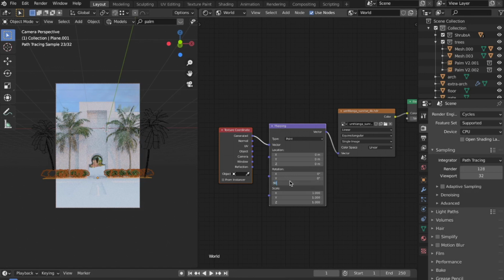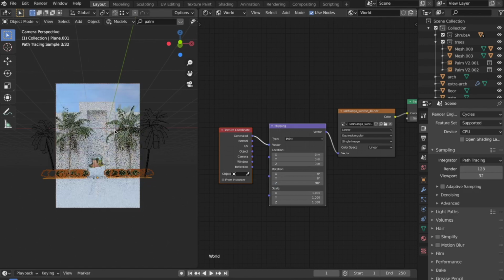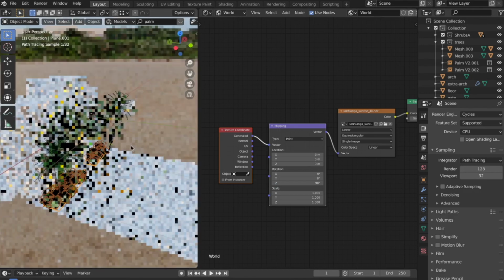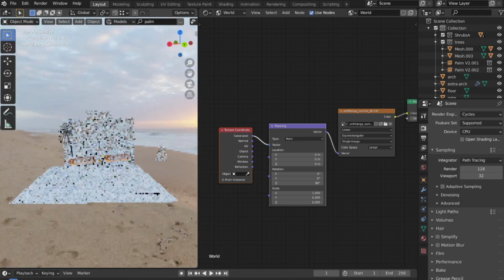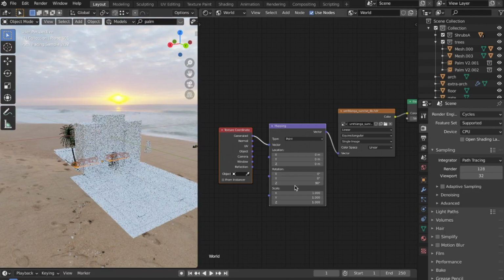Now if I rotate it by 90 degrees for example, you can see how the lighting is starting to change over here. Also now if I see the sun, it won't be in that direction, it has shifted to this direction by 90 degrees. So similarly you can test it for the HDRI that you are using, so that the sun is placed in that angle. So the best angle which worked for me was somewhere around 234 degrees.